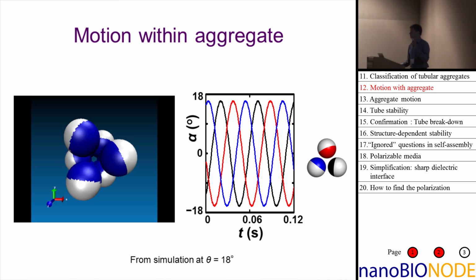So first we start with a simulation movie. This is the top view along a so-called 330 chain with very high time resolution. So what you see is that even in the tube, the particles are still moving around. They still make this nodding motion. If you look carefully, you also see that the 3 particles that sit in this triangle, that's like a cross-section of the tube, are exactly phase shifted by 120 degrees. They do this spontaneously. And that's illustrated by these 3 curves, which you see are perfectly phase shifted.